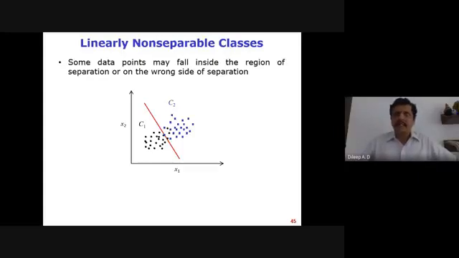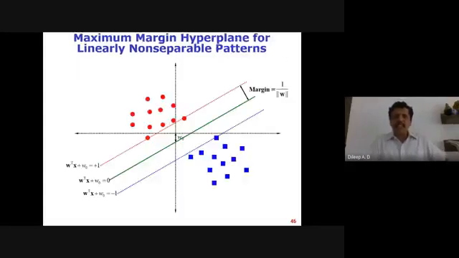That is the second condition, and this is the main crux of the support vector machine, where it can perform well even on data which is not linearly separable. So now let me consider the linearly non-separable cases here. If you really look into this, most of the examples are linearly separable and very few examples are not linearly separable.